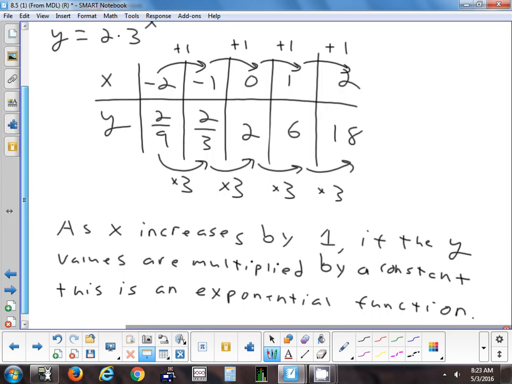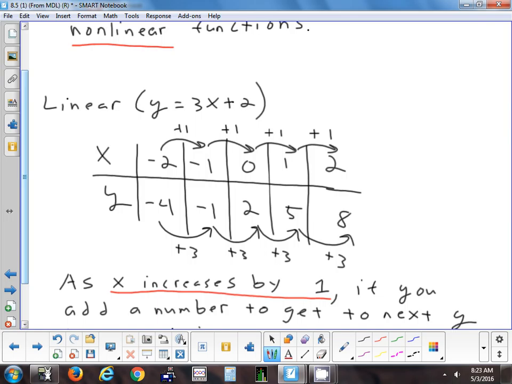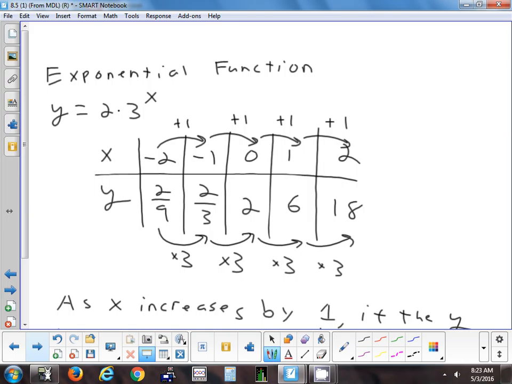What if you add to get to the next y value? That's not exponential, that's the one we just did before. What kind of graph is this one? Linear. It's a straight line. So as your x's go up by 1s, if you add to get to the next y value, it's linear. If you multiply to get to the next y value, it's